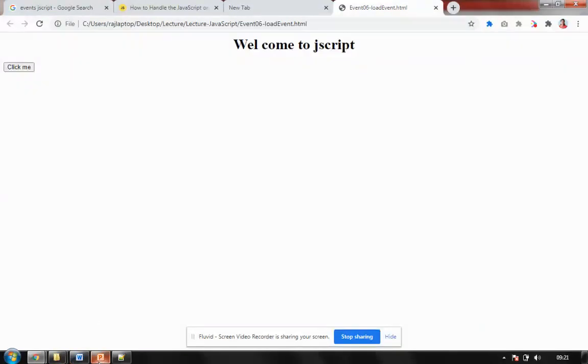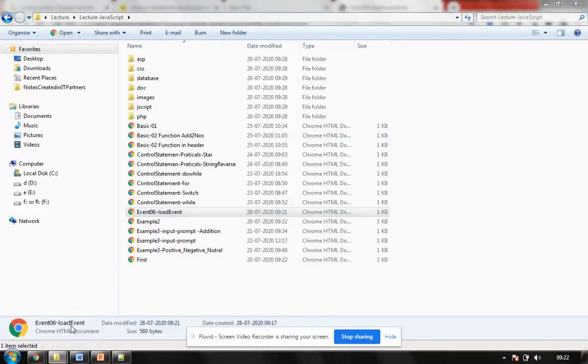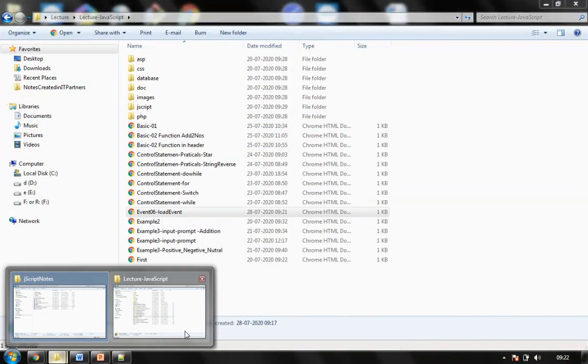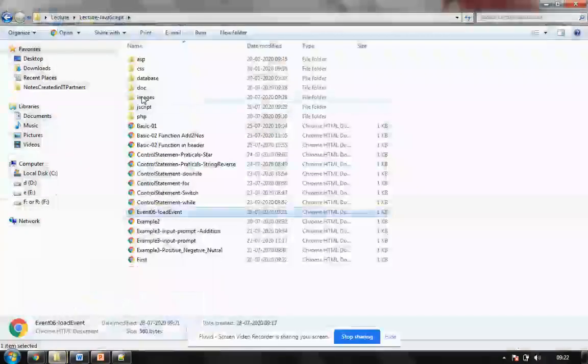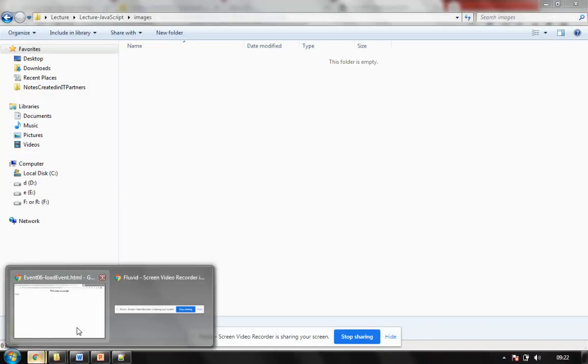Fine. So let me add a picture here. Before that, I'll just check: do I have any pictures there? I think there is the image folder. Oh, sorry, it doesn't have any picture. Fine, let's take some picture here. Let me take a picture of my company logo.